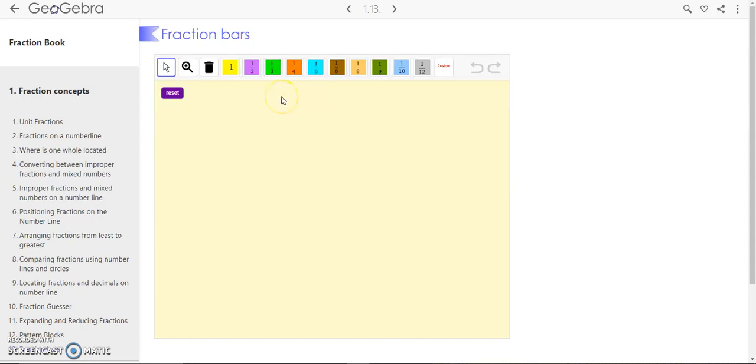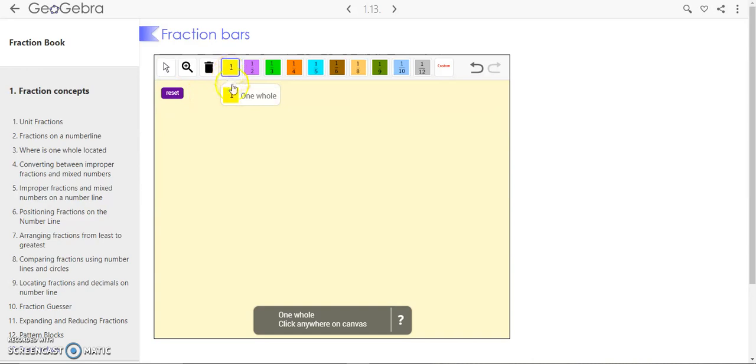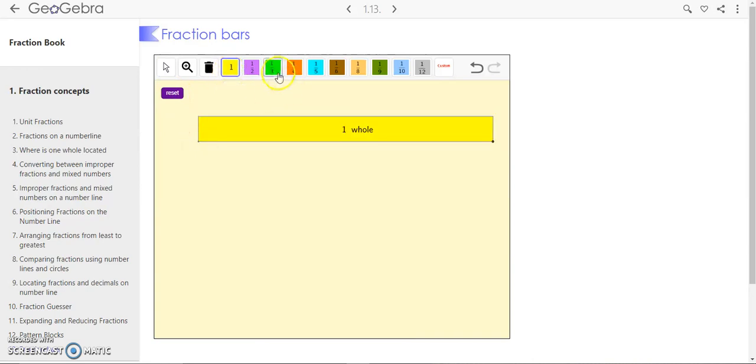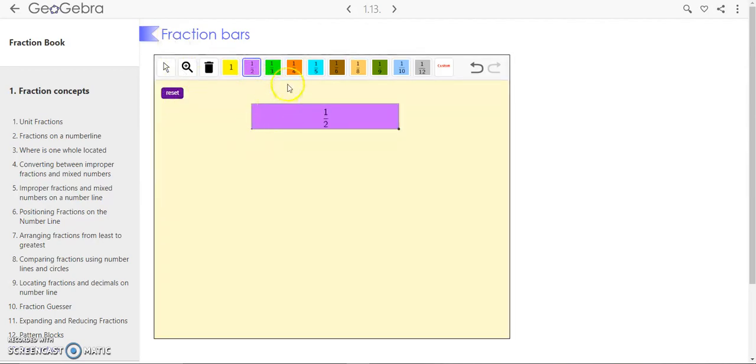And now I'm just going to show you some basic ways of representing fractions and how you can picture these. So this is going to be represented as one whole. If you do 1/2, then you can see that it splits it in half. You have 2 halves and a whole. If you reset that, you can do 1/3 of a whole, or you can do 1/2 and show that there's